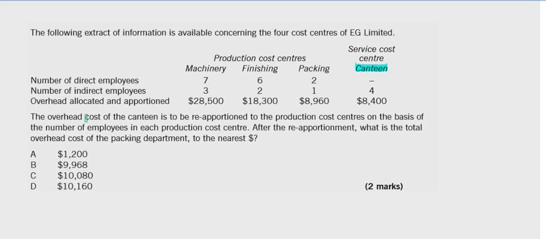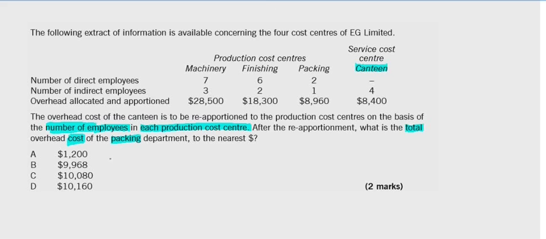So the overhead cost of the canteen is to be reapportioned to production cost centers on the basis of number of employees in each production cost center. What is the basis? Basis is number of employees. Okay, good. After the reapportionment, what is the total? Overhead cost for packing department. So we have to find the total overhead cost for packing department. In order to find that, we have to firstly